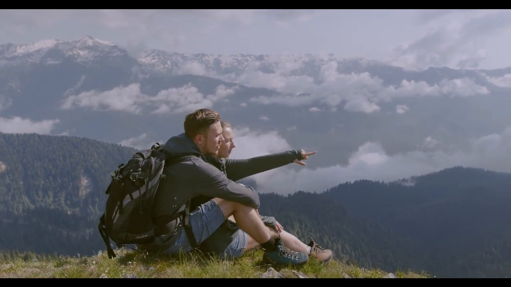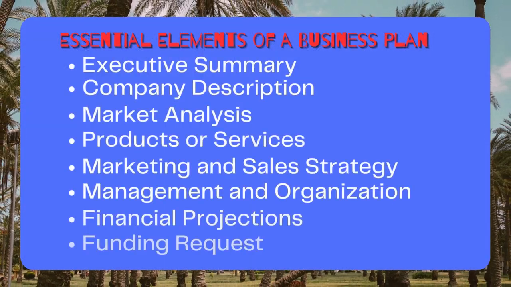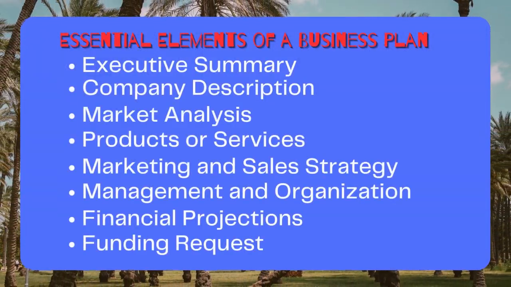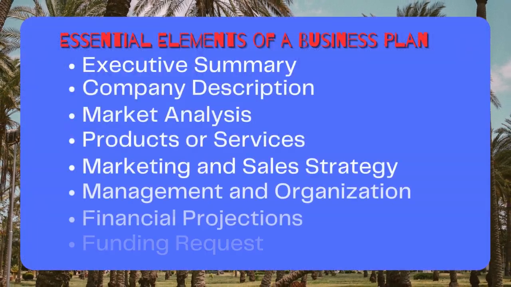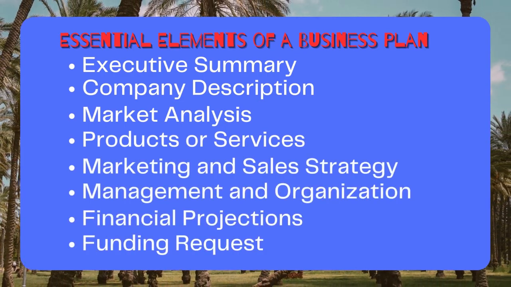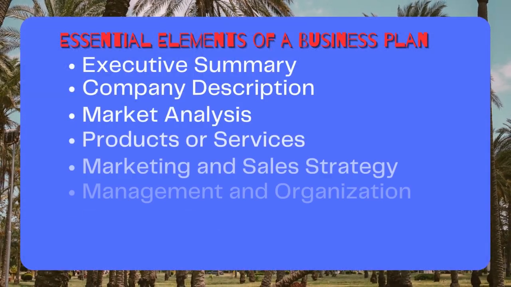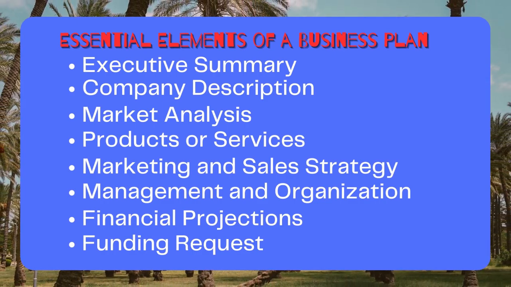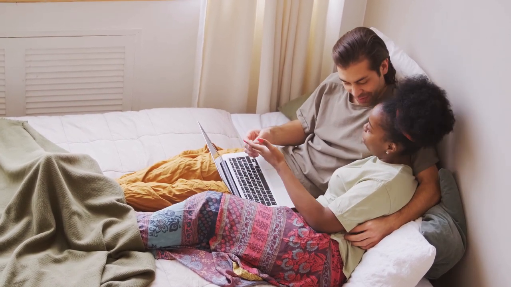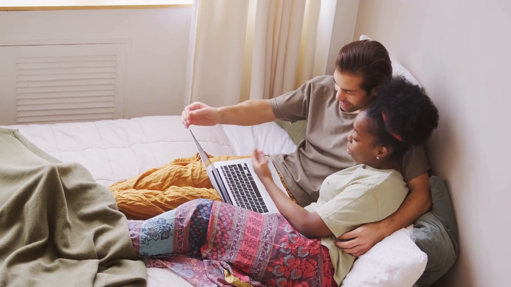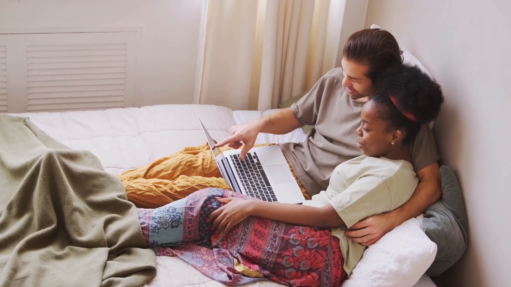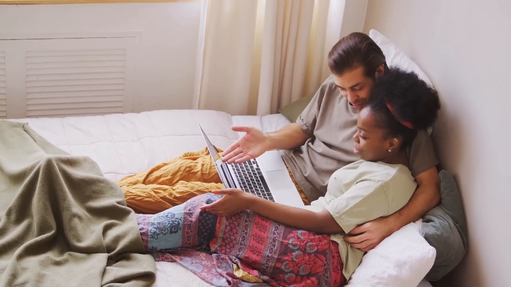So guys, we are going to look at the essential elements of a business plan. The first one we want to look at is what we call the executive summary. The executive summary is the first section of your business plan, and you should provide a brief overview of your startup. It's like the introduction to your business. It should be concise and compelling, highlighting the unique value proposition of your business and demonstrating your understanding of the market. Key elements to include in your executive summary include your business idea, target market, competition, and financial projections. So you have to know your market, guys.